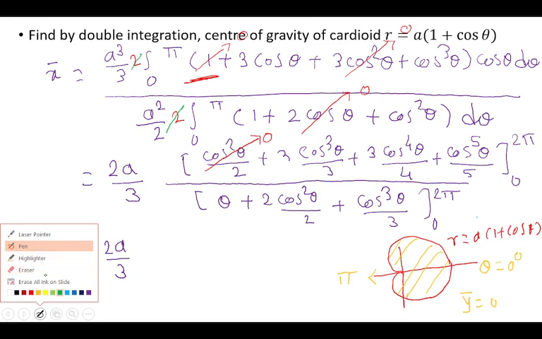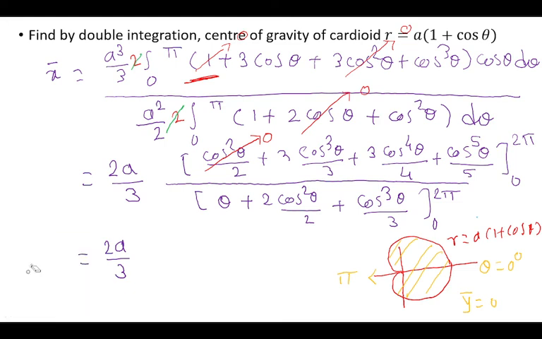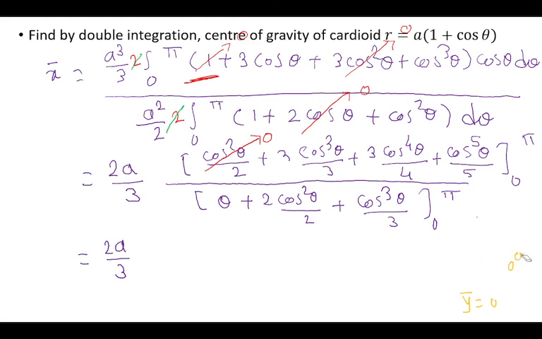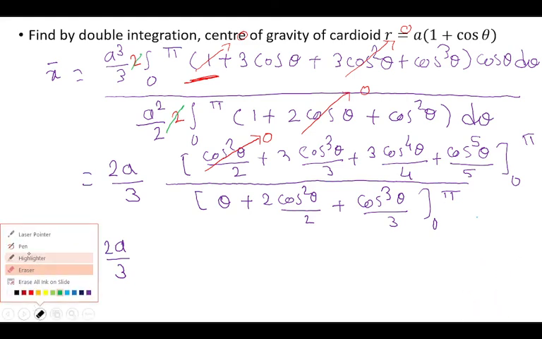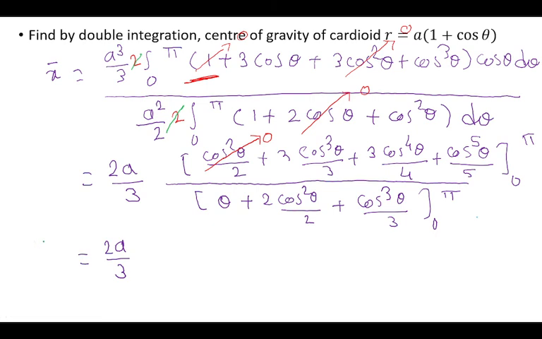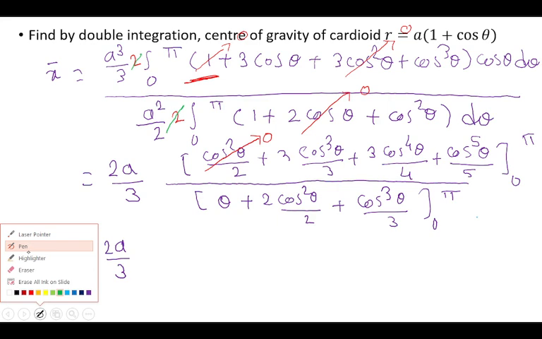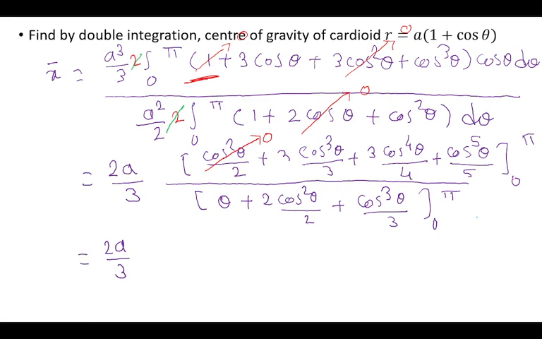And now I will change these limits here also. It's 0 to pi only. I will erase the diagram also because the diagram is not required. So remember, limits should be taken 0 to pi with the help of symmetry only. 0 to 2 pi will not give us the answer.